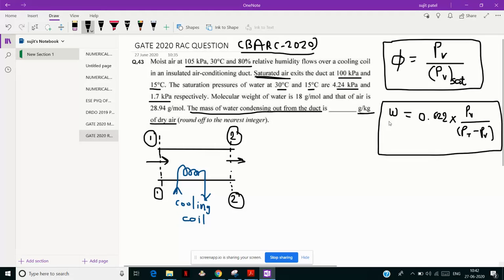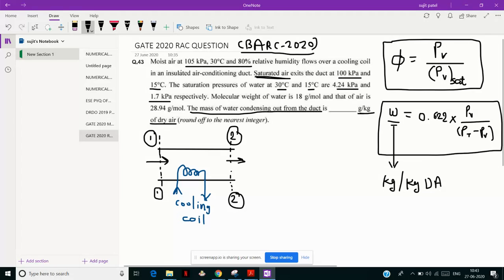The unit that comes out after using this equation for specific humidity is kg per kg of dry air. Okay,